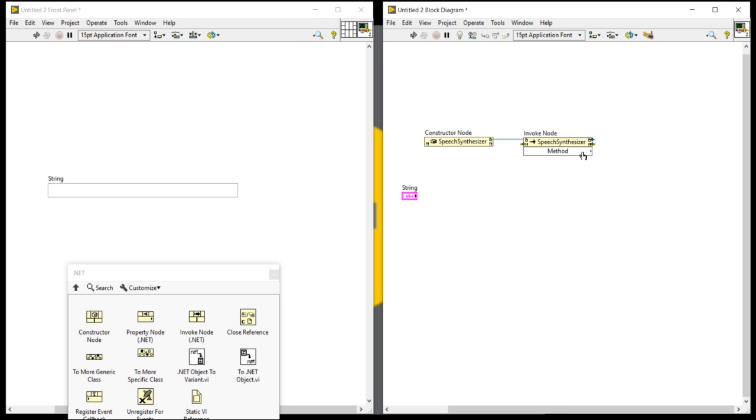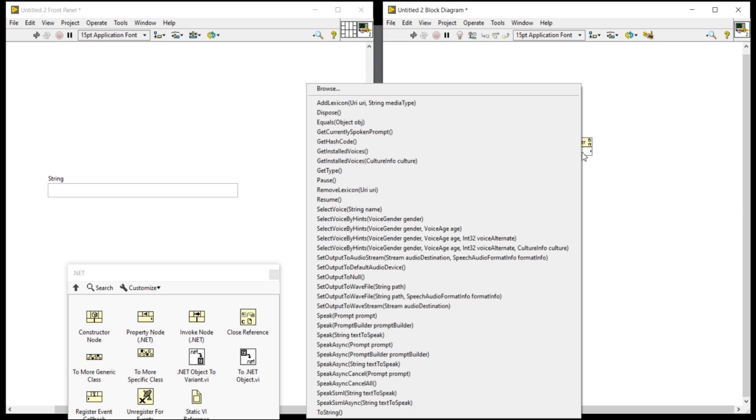Now, I think you are getting this method. Now click on the method. You will again find one shortcut menu. In this shortcut menu, please search for Speak, string text to speak.